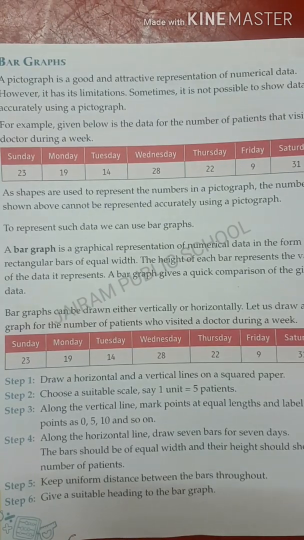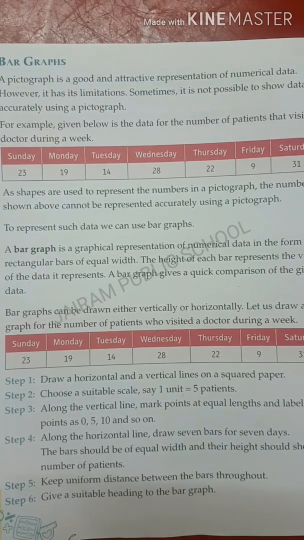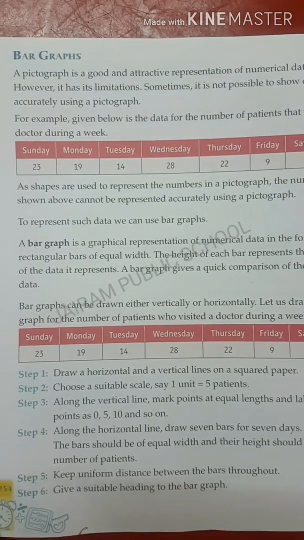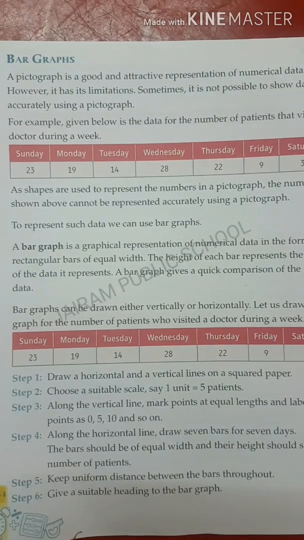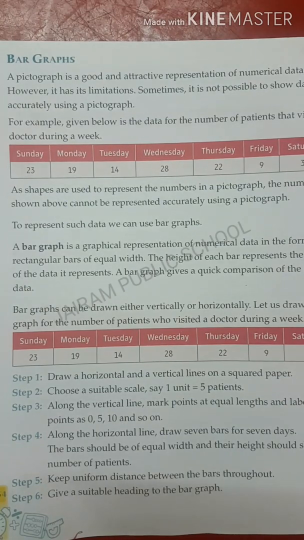Yes, next is tally marks. Tally marks are used for counting things. For every one score, a vertical line is used. Those topics we already discussed in the last session. That is nothing but, once again I recall it, pictograph and tally marks. Now the new topic is bar graphs. You already studied this in your 4th standard. Let's recall it and we'll discuss how to represent the bar graphs.